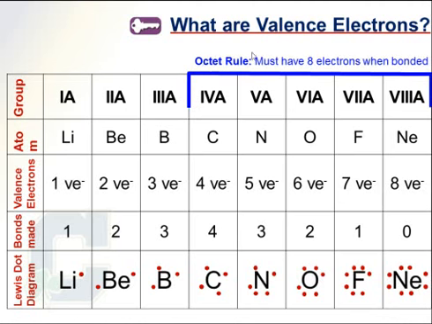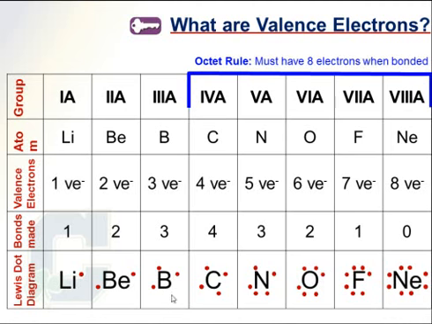So it is part of the Octet Rule, which means that when these elements start bonding, everything from group 4 on has to fill up their outer shell. And that'll be important when we go to actually show the bonds when we do our drawings here in a little bit. Okay, B, group 3, does not apply to the Octet Rule because